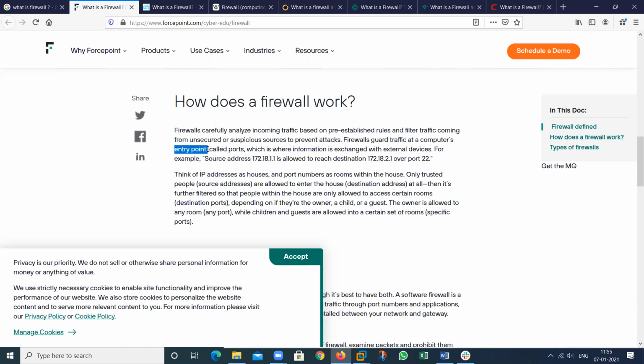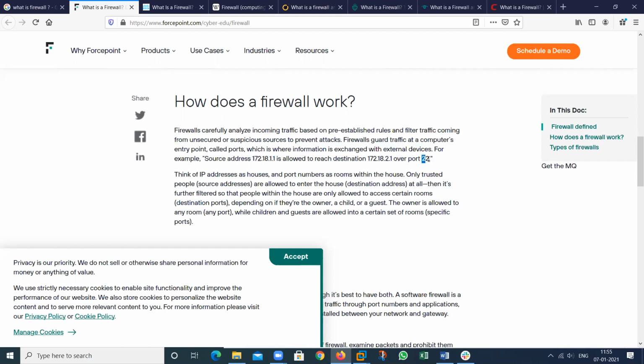If there is a person that comes into my network, in my system, then that entry point is called a port. So we can add that particular port, then that particular service will be allowed, which is where information is exchanged with an external device. So suppose this is my source. Source means this is the IP address that I want to allow for which particular port. It means for the SSH service.